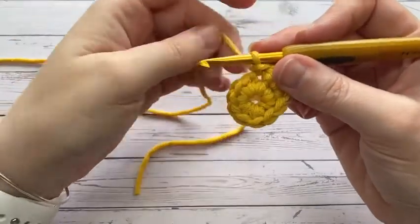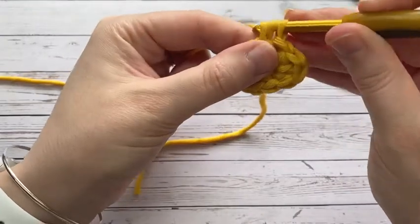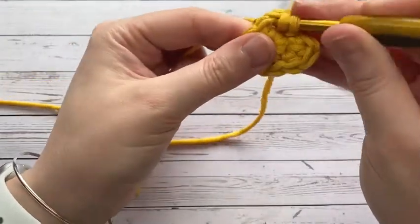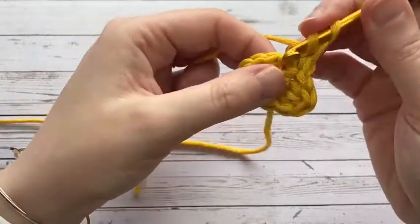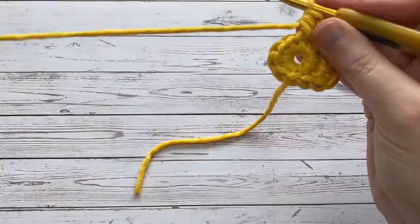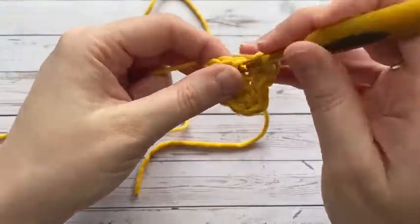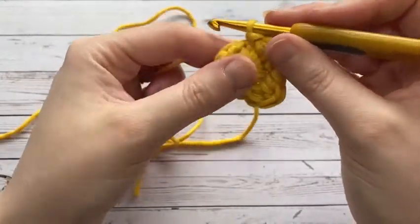So next one, half double, double. I love working with this yarn, half double. This is actually Cedar #1 Chunky, and it is really, really nice. It's definitely going on a favourites video. Slip stitch into the next,